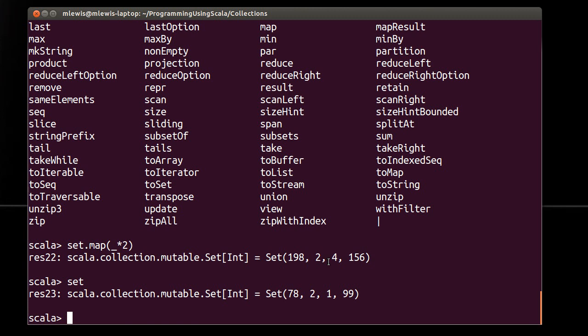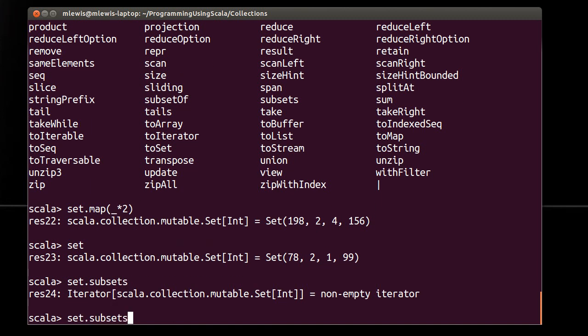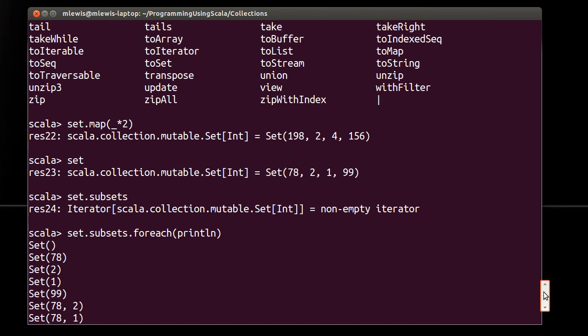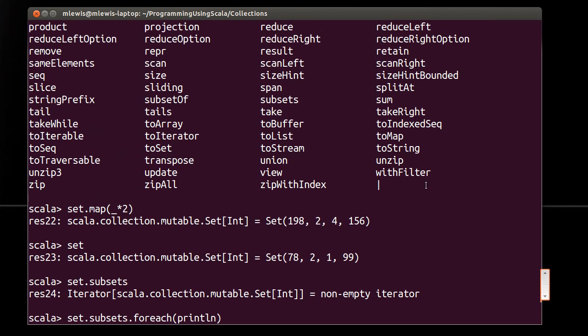Other interesting methods that are in here, subsets. Now, subsets gives me back an iterator, for each println, and this will show me all of the subsets that exist of the current set. This is an iterator because there are lots of subsets of any given set. You can convert between all of these things, so